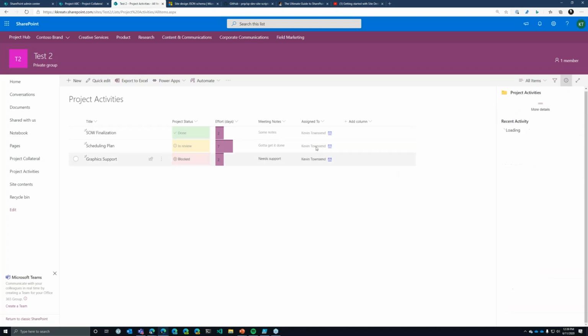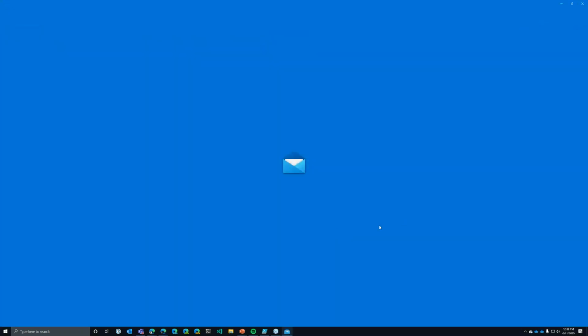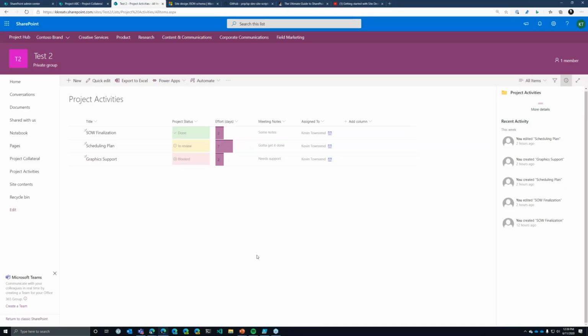All I did was pick that person, but with column formatting, I can describe that I also want a button to be added to the right to be able to mail that person immediately if I need to, with even some prescribed mail content. So anyways, cool stuff, right? That's just a real quick look at the actual implementation